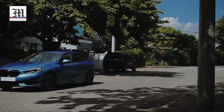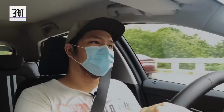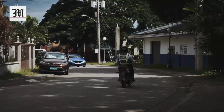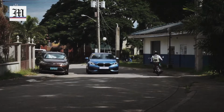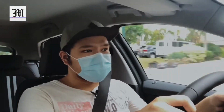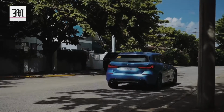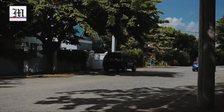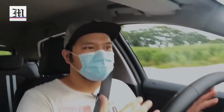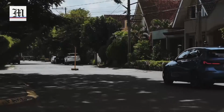So, now that the BMW 1 Series is front-wheel drive, does it actually even matter na hindi na siya ngayon rear-wheel drive? Actually, no. Not even a bit. Why? Because for the most part, it's actually a much better car compared to its predecessor. So, being rear-wheel drive, ang magiging advantage niya out of a front-wheel drive 1 Series would be when you exit a corner, meron ka nung feel na parang you can rotate the chassis as you exit the corner. But that's about it. For the most part,